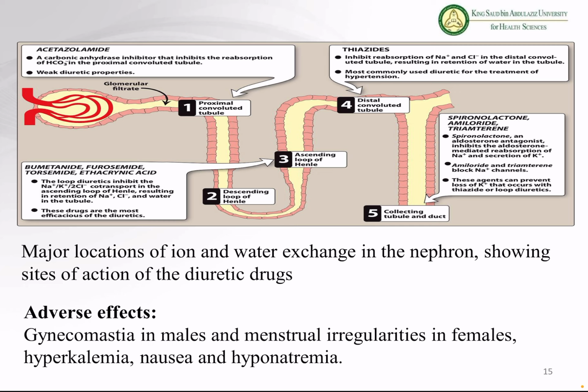I think we stopped here last time. So whatever we discussed was just a revision of the previous class. As I told you in the beginning, these are the three main diuretics which are mainly used for the purpose of diuresis. The other two diuretics we use for some other purposes.